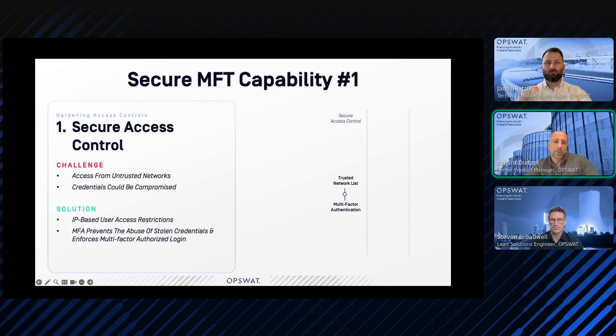In a modern MFT solution, there's supposed to be some fine-grained role-based access control implemented. And we have that in our MetaDefender MFT solution as well. Through a well-defined RBAC, you can assign highly specific permissions like upload only to a vendor, for example, to stick with your example, Steven, while restricting downloads to internal groups only. This ensures that individuals can only do what they are supposed to be able to do and not do anything